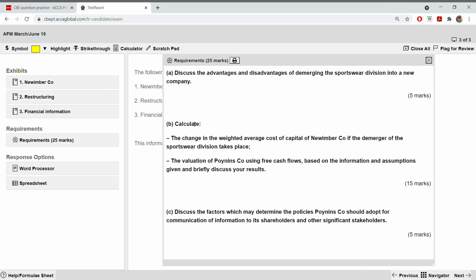Because the question asks the change in the weighted average cost of capital of new member if the demerger of sportswear division takes place. The change means you definitely have to find before and after, then only you will be able to find the change. Okay, whenever the word says change or a new WACC, it does not mean only new WACC, you have to find the WACC before also, always. Whenever you have to find cost of capital, even under acquisition merger, even under reconstruction. Okay,